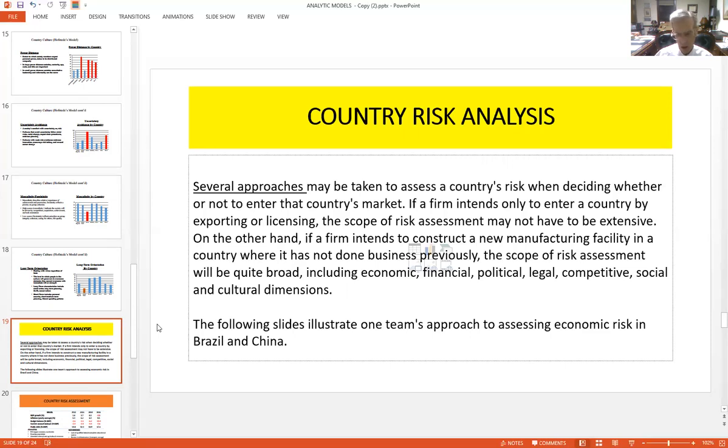What I'm going to show you is far from the preferred approach. It is, frankly, I've got some exhibits here that were prepared by student teams based upon economic analysis of the countries that they were in. And that certainly is one way to do a country risk analysis. But there are other